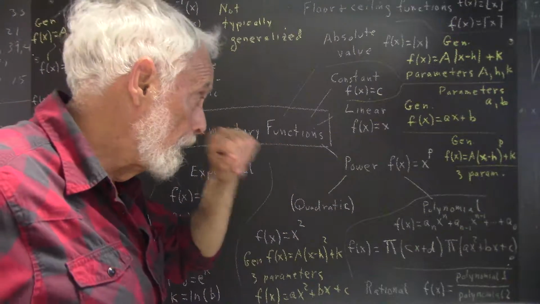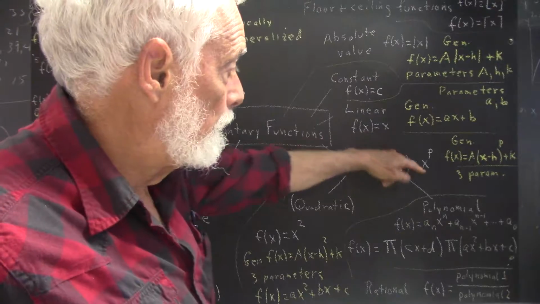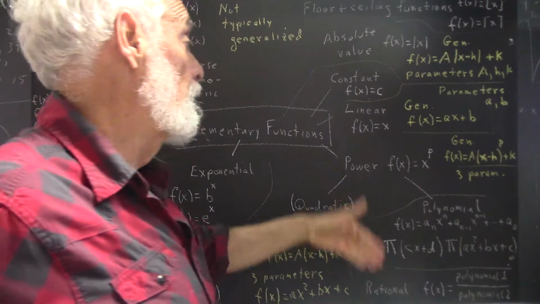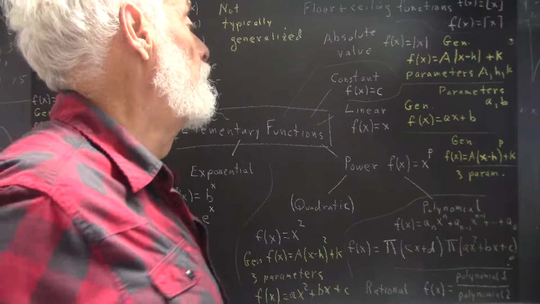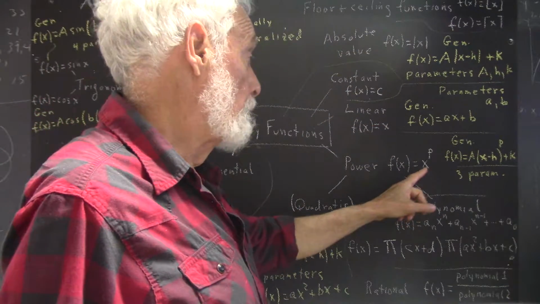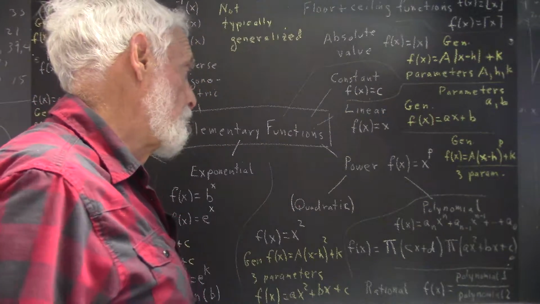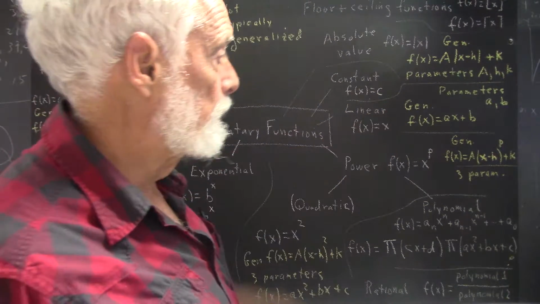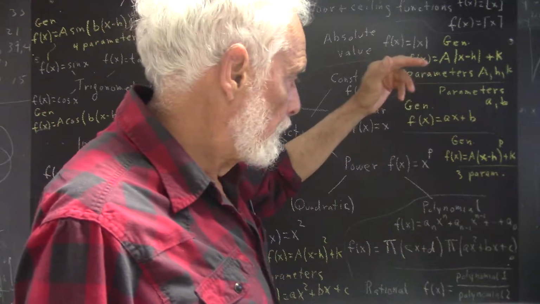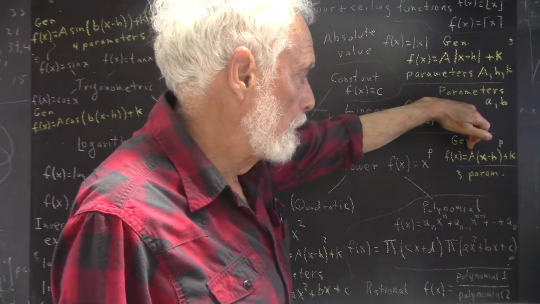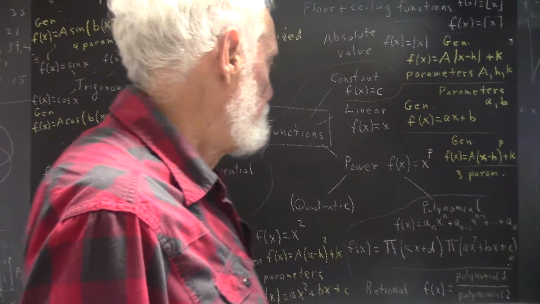Okay, power function, f of x equals x to the p. Simple examples: f of x equals x squared, or if you like, x cubed, or x to the negative 1, which would be 1 over x. All kinds of different power functions, some with characteristics quite different from others, and some with similar characteristics. We generalize the power function using a vertical stretch by factor a, a horizontal shift h, and a vertical shift k,